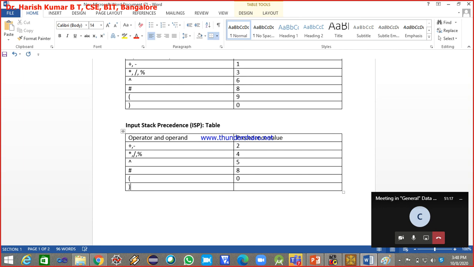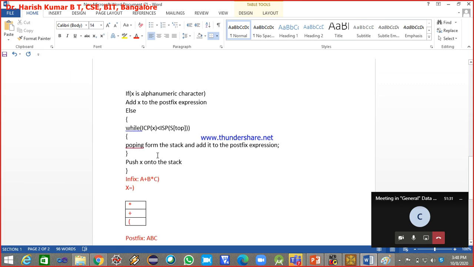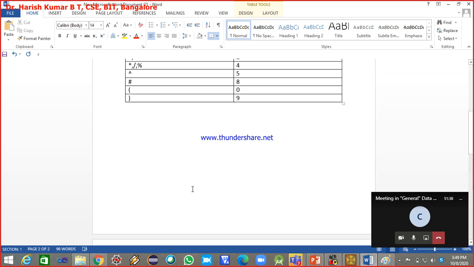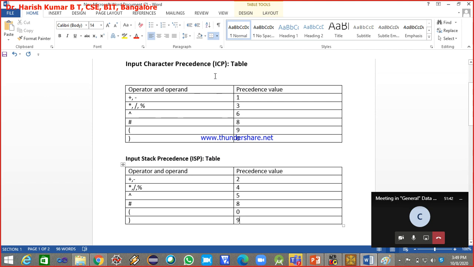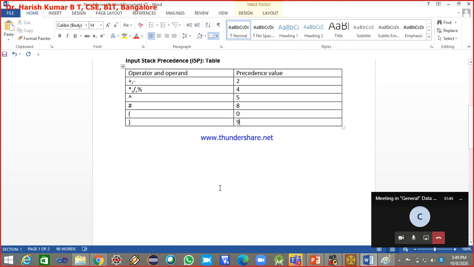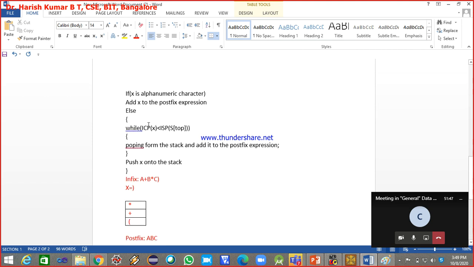For opening parenthesis the input precedence is 9 and closing is 0, and in the stack precedence opening is 0 and closing is 9, the opposite. Now, the input character precedence of closing parenthesis in the input precedence table is 0.